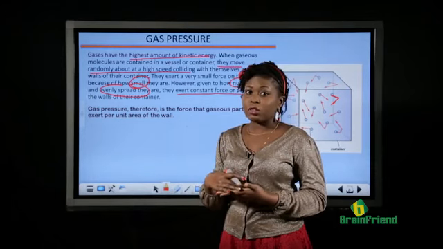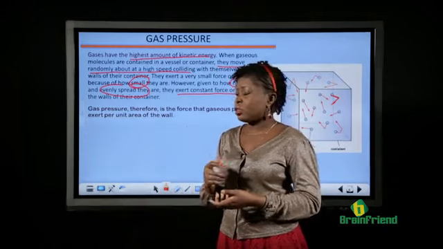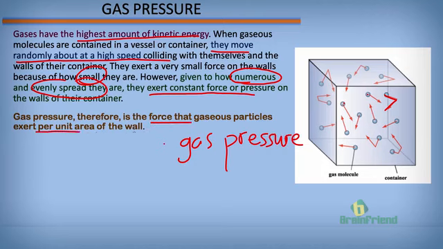Definitely it's bound to have some form of pressure on the walls of that container. So that pressure that those millions of gas molecules exert on the walls of their container is what we call gas pressure. Therefore, we can say that gas pressure is the force that gaseous particles exert per unit area